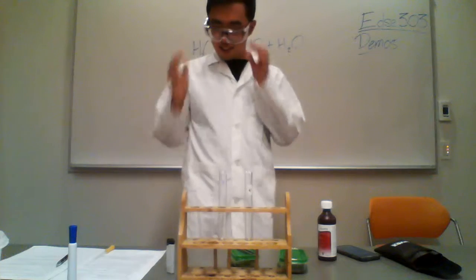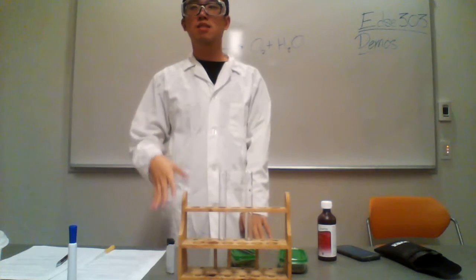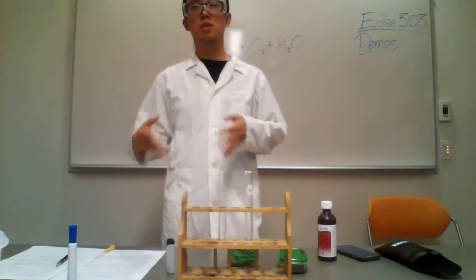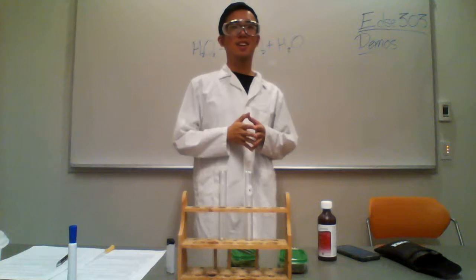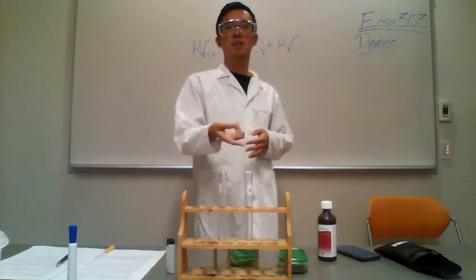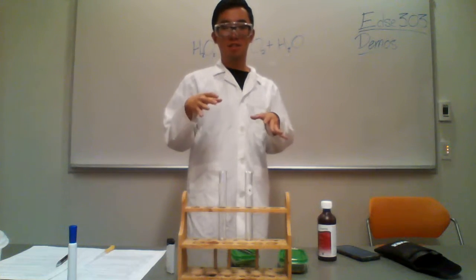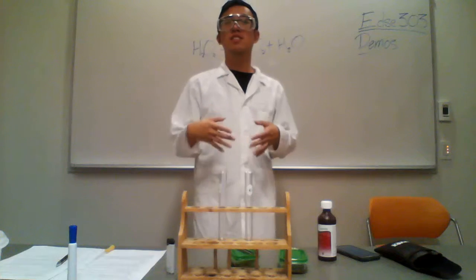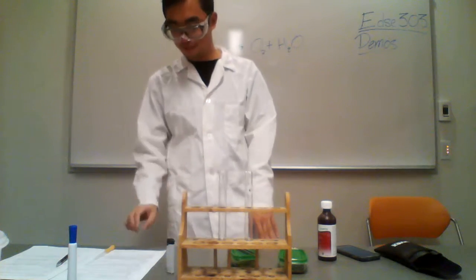So do you guys know what hydrogen peroxide does to living cells? You use it to clean wounds. Yeah, it is used as a topical solution to clean wounds, as a disinfectant. But actually, at the cellular level, it's a poison. So important to know: do not drink this stuff.